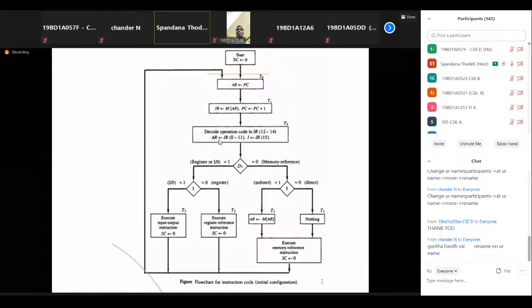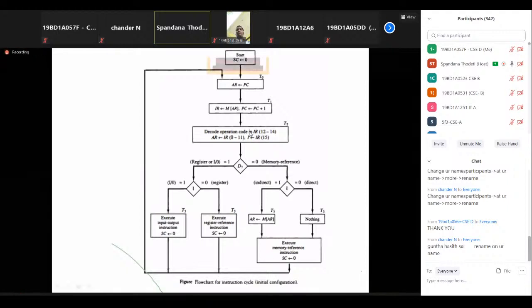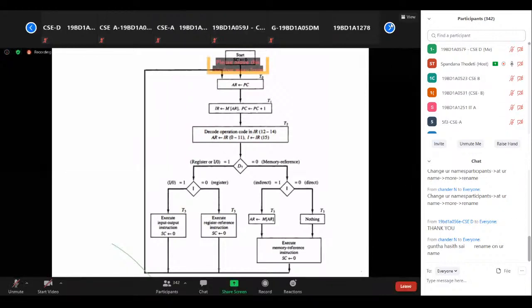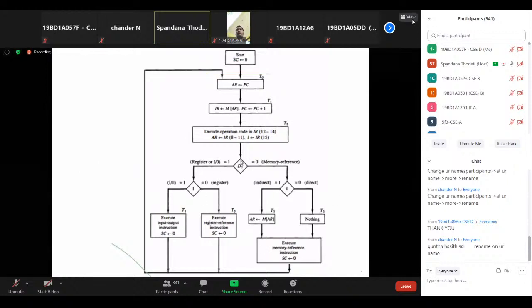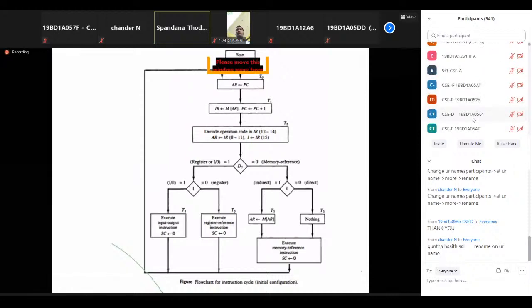Next, the 0 to 11 bits specify the address. So they are to be moved into your address register, and the 15th bit has to be moved into the I flip-flop because it represents the I bit, that is, the direct or indirect bit. Next, once you have decoded the instruction, you need to decide whether it is register reference, memory reference or IO